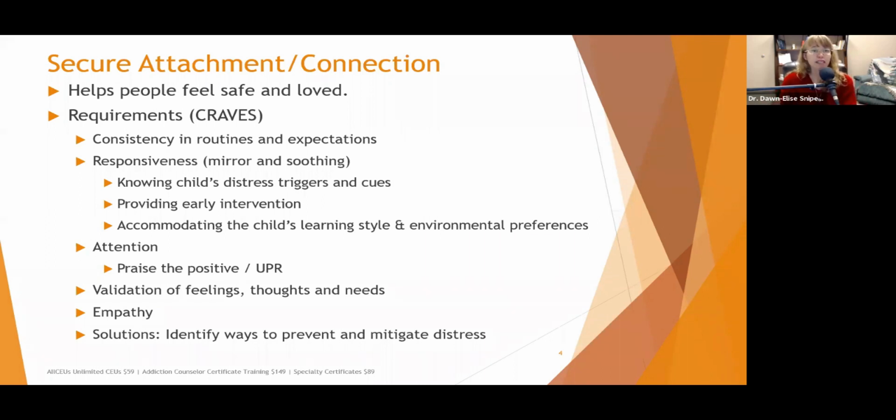And this is true in all children, not just people who are on the spectrum. We want to mirror what they're feeling. If they're feeling distressed, we can mirror similar distress. When my kids feel distressed, I feel distressed. I mean, it's that authentic sharing there, so it's not hard to come up with. When they are angry about something, I can mirror to a certain extent their anger. I can say, I can see how frustrated you are about what's going on, and using those words and maybe using those nonverbals to mirror how they're feeling, and then also showing them how to calm down.